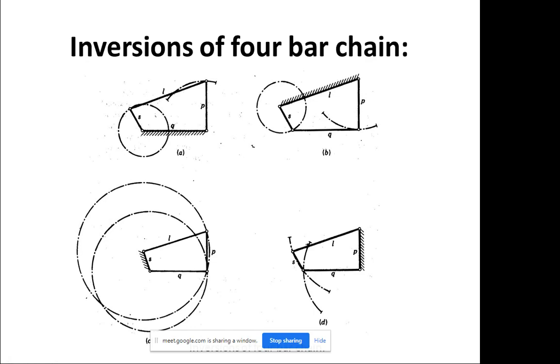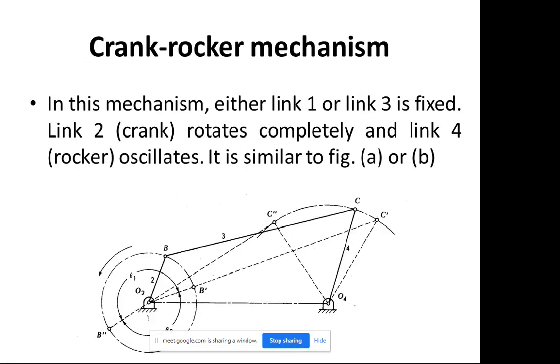Basically, if you understand the first one and the A and B figures, it is almost a similar type of motion, just reversed, but the motion remains the same. But here you can see the motion is a little bit different in these two figures. So we will see how these things can be done.